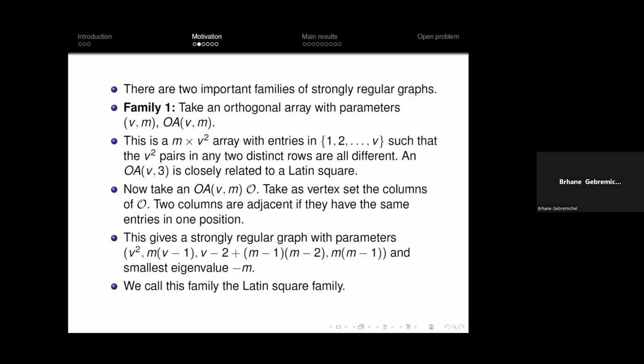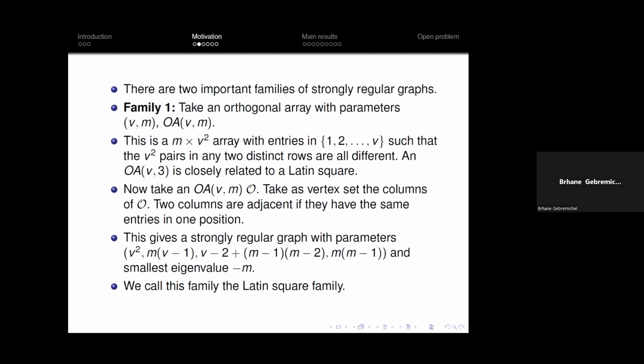Now take an orthogonal array O. Then take as vertex set the columns of O, where two columns are adjacent if they have the same entry in one position. Otherwise, they are non-adjacent. This gives a strongly regular graph with parameters v squared,